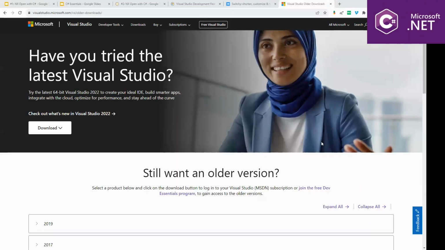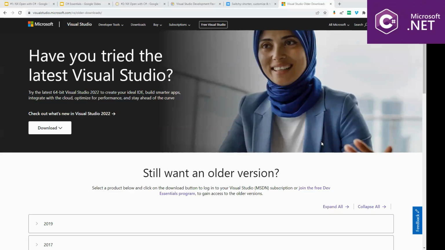Hello. If you do have some challenges when it comes to your PC, you might be having a limitation in the RAM, or you might have a limitation on the processor side. Then I do have an alternative when it comes to installation of Visual Studio. So what you can do is that if you do have this limitation, then you can install an older version of